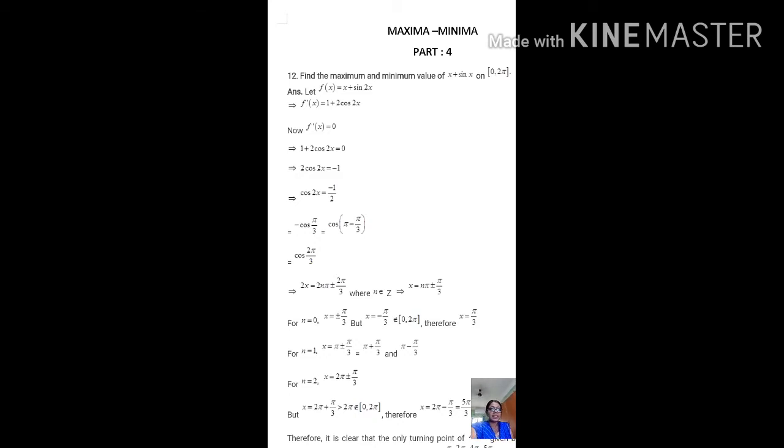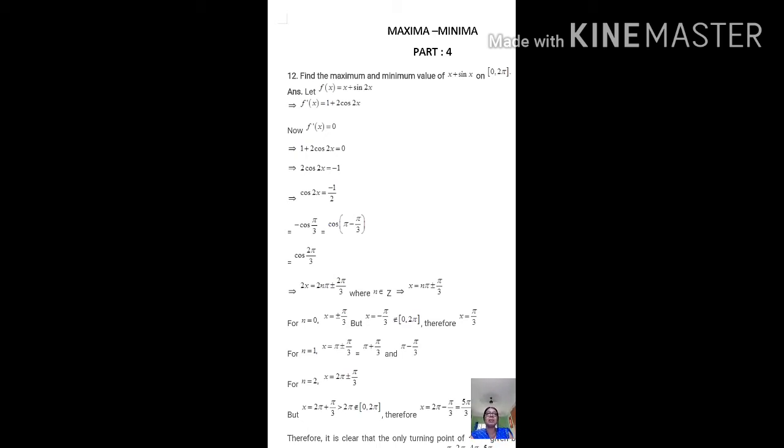Suppose f is a function that is given and it is continuous in an interval. It is defined in an open interval, suppose I, and suppose there is a critical point C in this open interval. F is continuous at the critical point C. If f dash x changes its sign from positive to negative as x increases through C, that is, if f dash x is greater than 0 at every point sufficiently close to and to the left of C, and f dash x is less than 0 at every point to the right, then C point is called the local maximum.